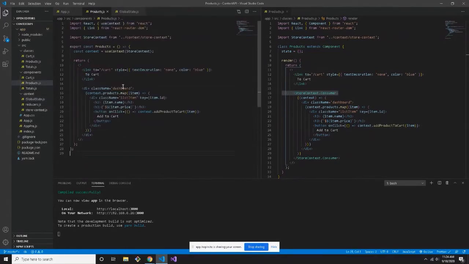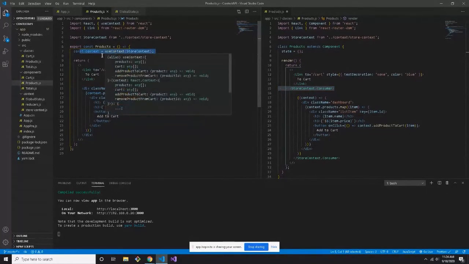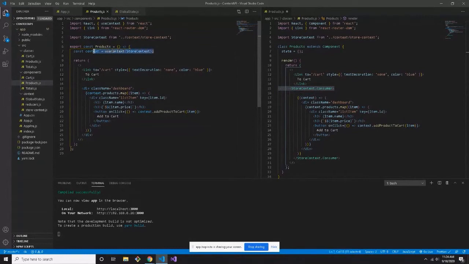I guess the reason I'm showing you this is I just want to highlight the differences in approaches. These two are functionally the same, but this one is just much cleaner. You have a smaller component, and you're removing two levels of nesting in the component itself. The difference being, other than this is a function and this is a class, is you don't have to mess with these things. You're bringing it in through the context hook. And this isn't really about hooks, so I'm just going to assume you can look this up in the docs. Basically, the basic use is you bring it in and you can pass your provider to it. Just the same